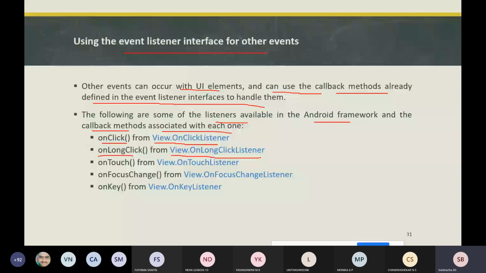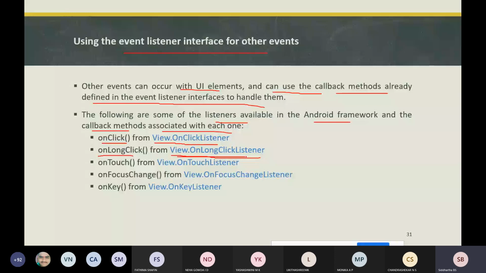For example, if you are playing a PUBG game and want to shoot continuously, you will keep long clicking on that button and it will perform the action. In these types of situations, we can use on long click, which is present in the View.OnLongClickListener interface.